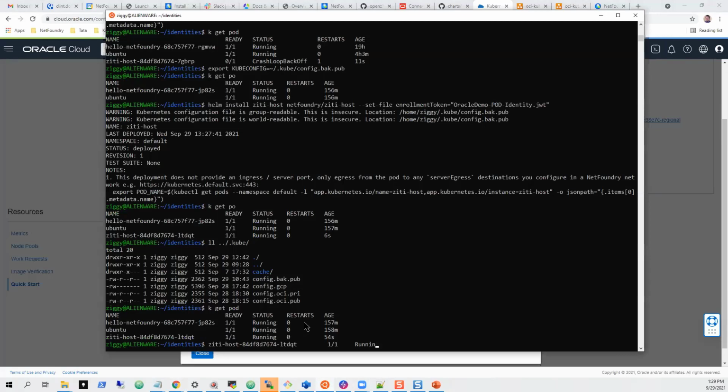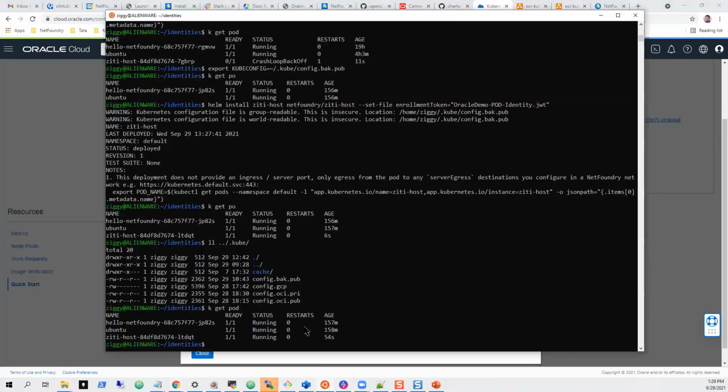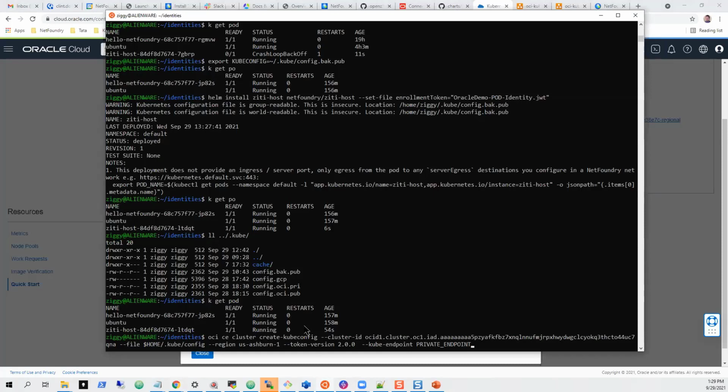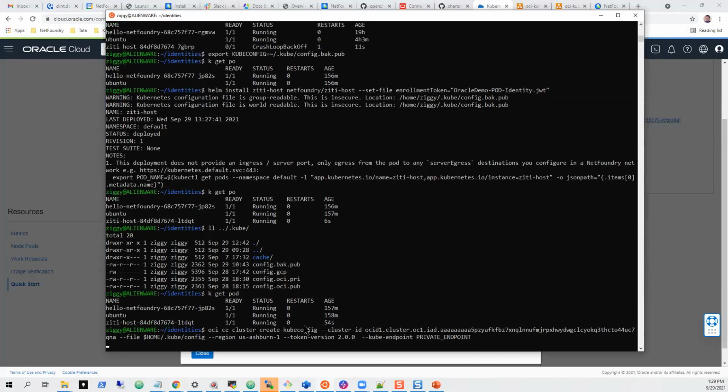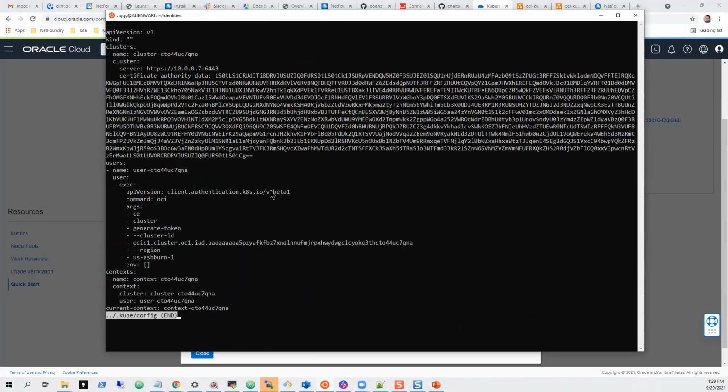No, didn't copy it. All right. So that should create a new config with the new cluster.